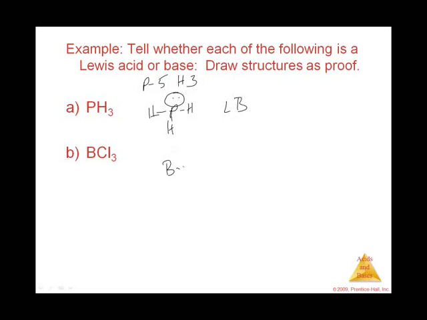And BCl3, now let me see, boron has 3 valence electrons, chlorine has 7 each, times 3 is 21, that's a total of 24. Give all these chlorines a full octet, and when I do that, there is nothing left, so it's 8, 16, 24. It is short an electron pair, so this will be a Lewis acid. Alright, we're going to